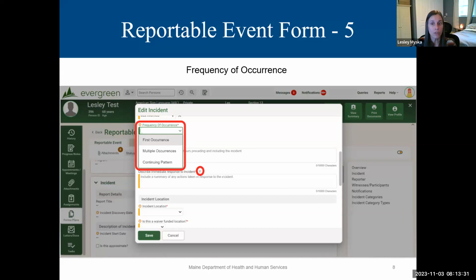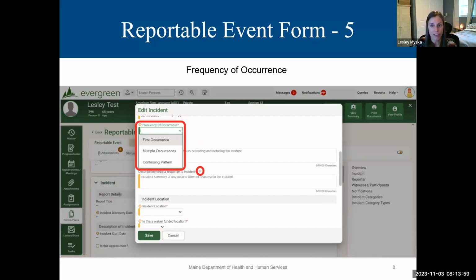So if you believe this is the first occurrence, there may have been other occurrences reported by other people that you're unaware of, but if you believe this is the first occurrence, you should select that. If you are aware that there has been a previous occurrence, you should select multiple occurrences. And if you are aware that this is a continuing pattern, it's happening every day, it's being triggered by something recurringly, then you should select continuing pattern.